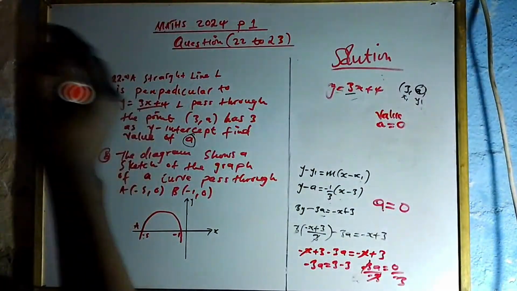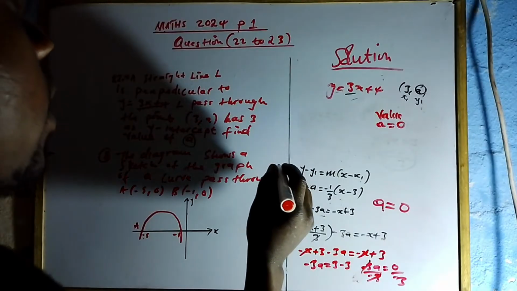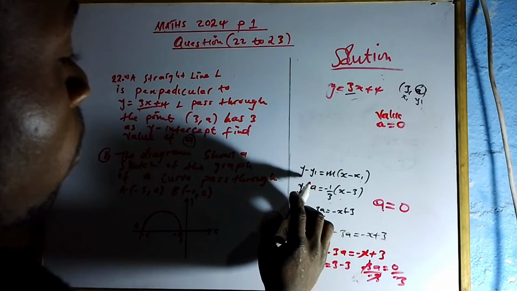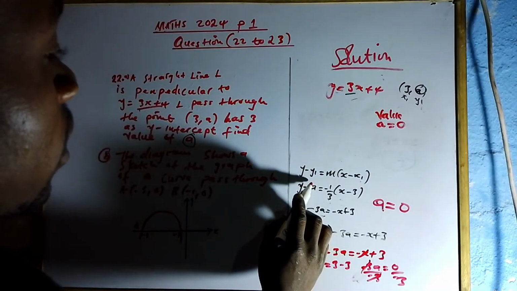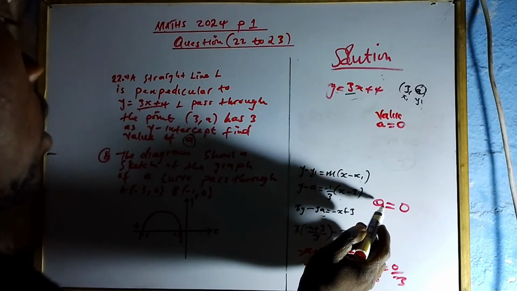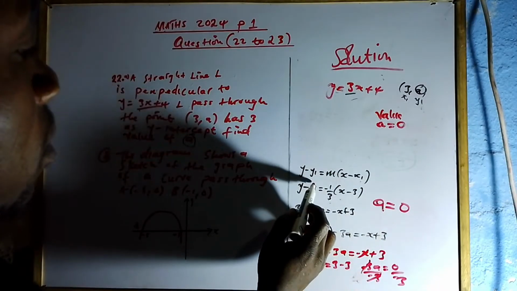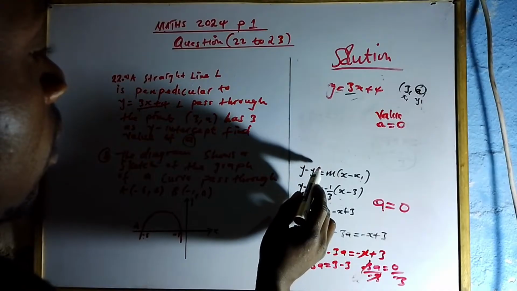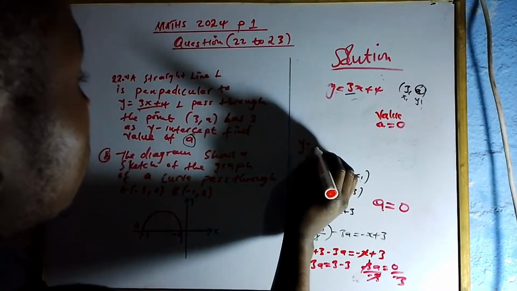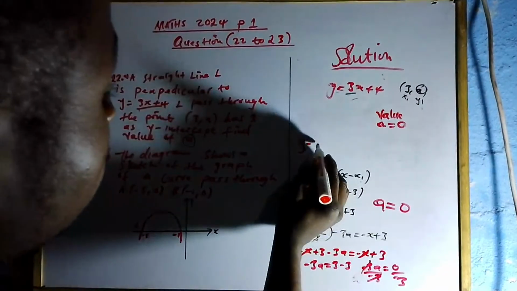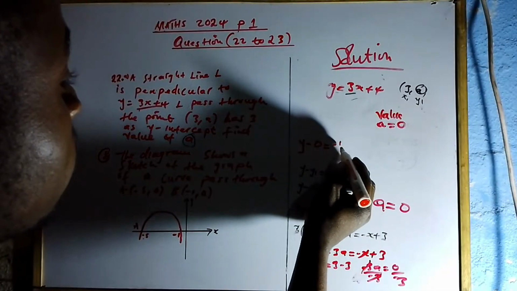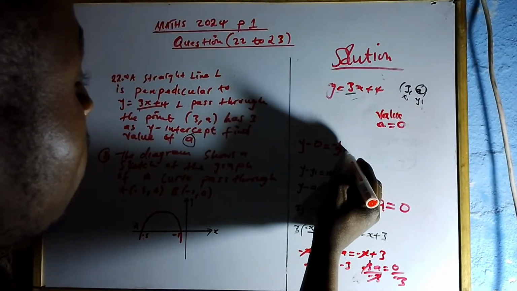We can prove that when a is equal to 0, from this equation which we have here, you can substitute a into this equation, in which you're going to have y minus y1, it is 0, which is equal to minus 1 over 3, then plus